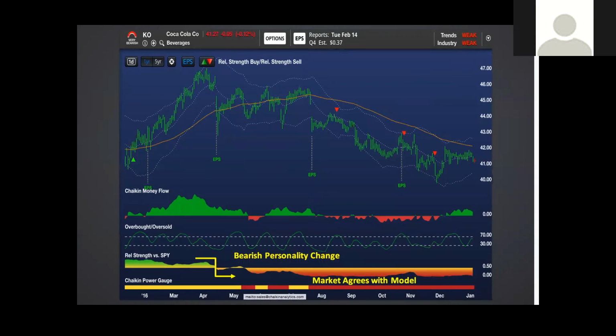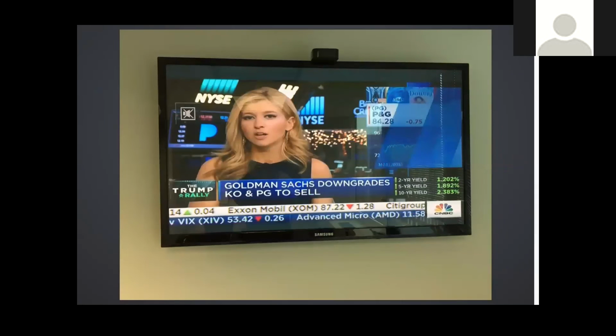How many months ago is that? Well, that's about 9 months ago. Look what happened yesterday. Goldman Sachs downgrades Coke and Procter & Gamble to sell. Well, where were they 9 months ago? That's why the power gauge is so important to making money and being independent of Wall Street